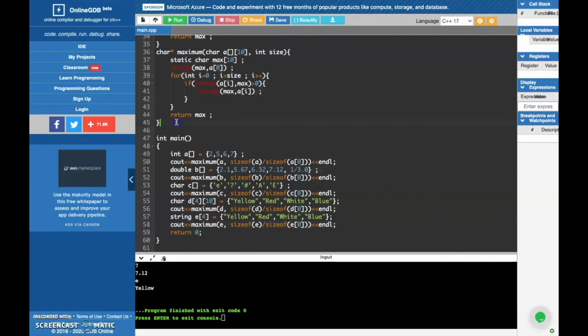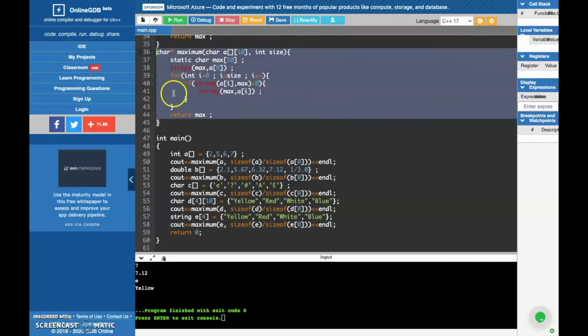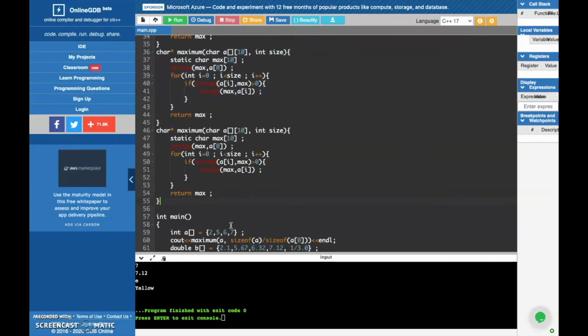So let's just copy this function. So the return type is a string,